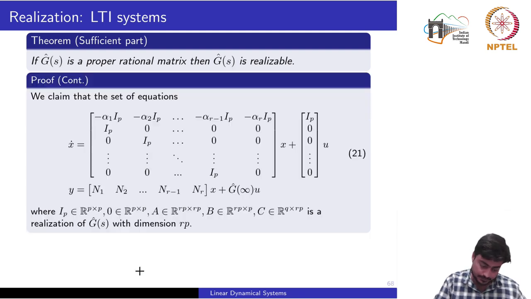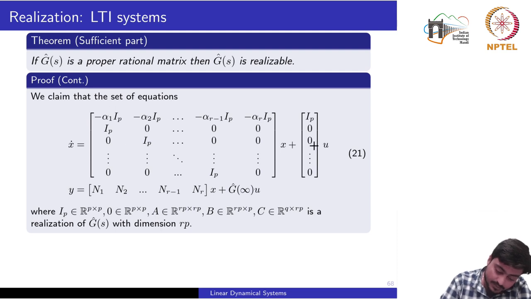Okay, so now we are given a set of equations given by this A matrix, this B matrix, this C matrix and this D matrix, and we claim that this set of equations is a realization of the transfer function g hat of s. Okay,